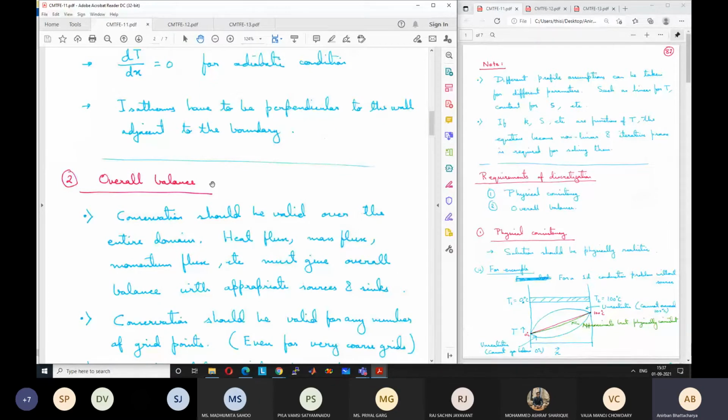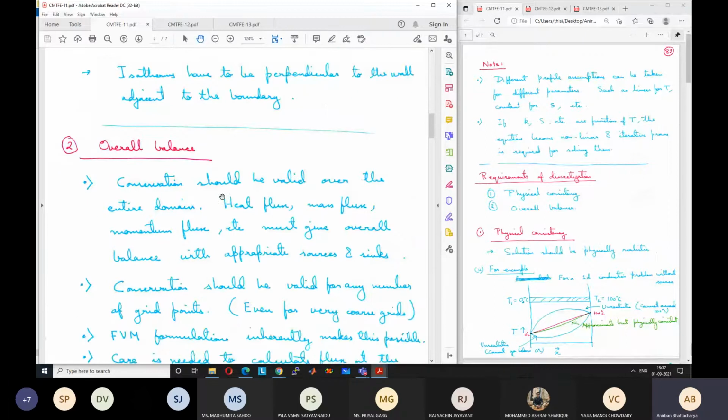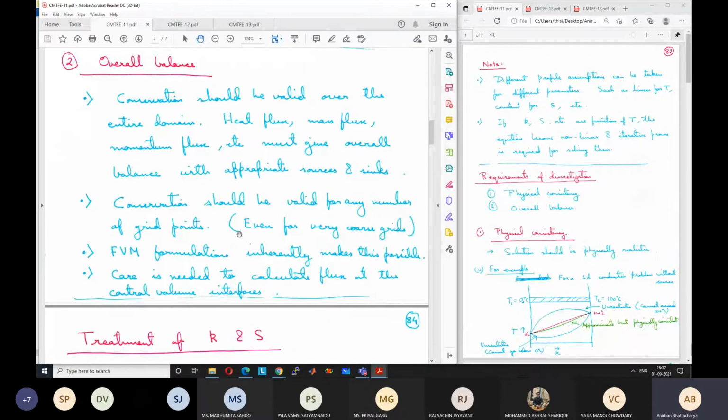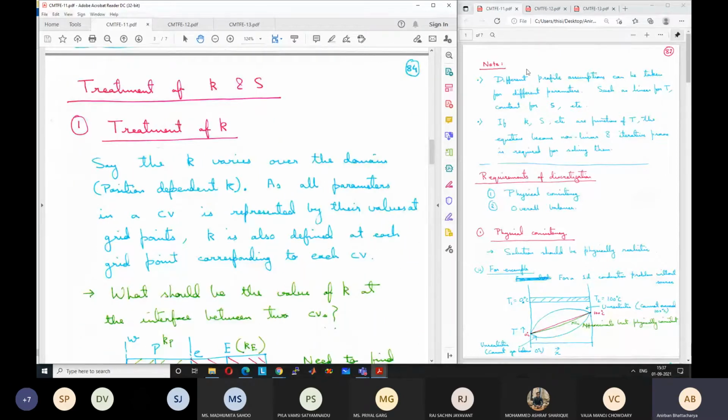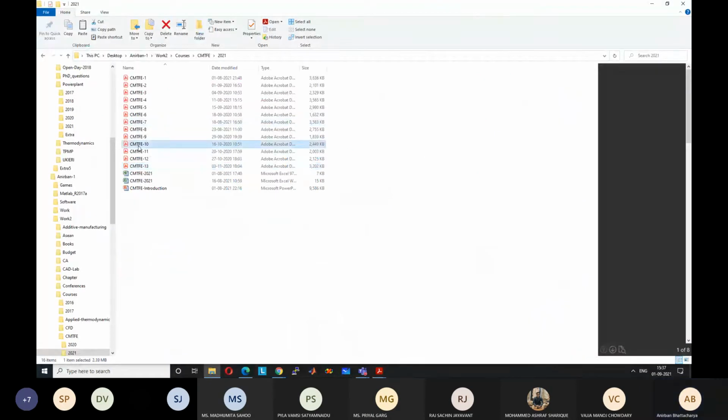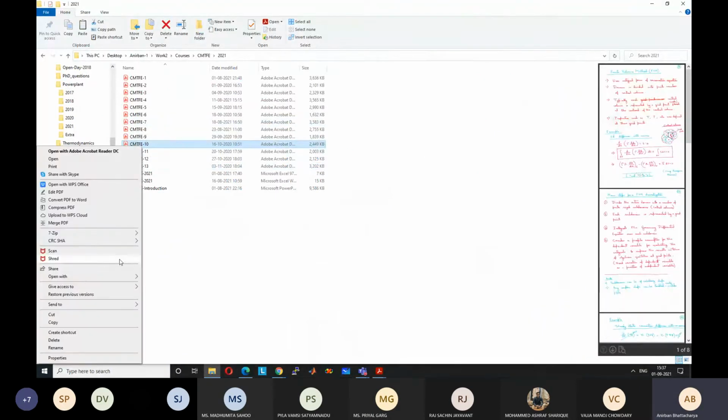For example, heat flux, mass flux, momentum flux, these are all conserved. So energy is conserved, momentum is conserved. That should come out even in the discretized equation, even if the grid is very coarse. So we'll see a couple of additional things. In the discretized equation, if you look at the discretized equation in the finite volume method,